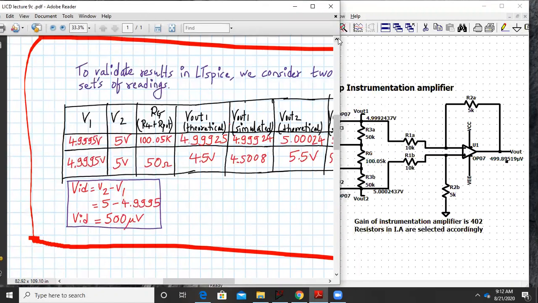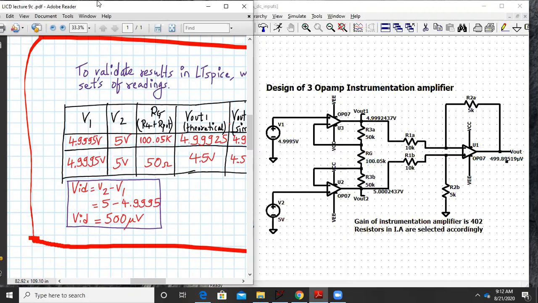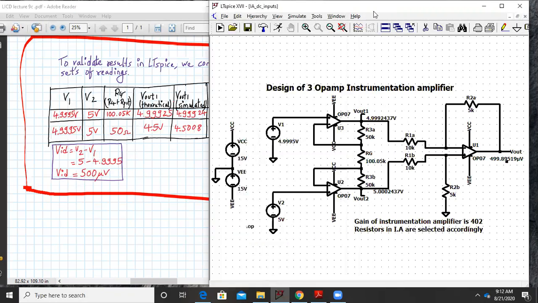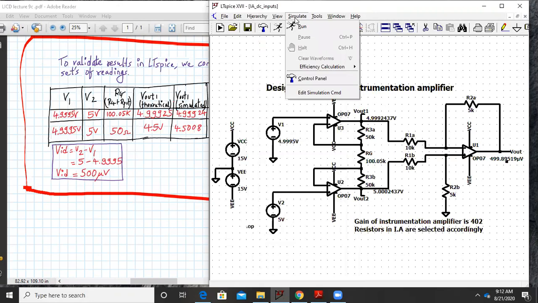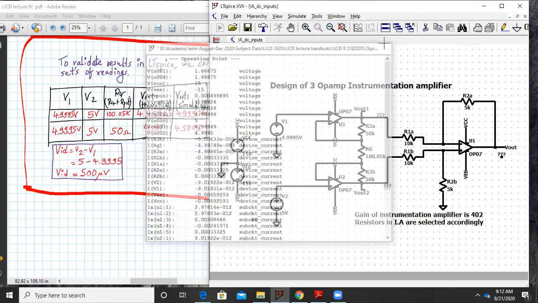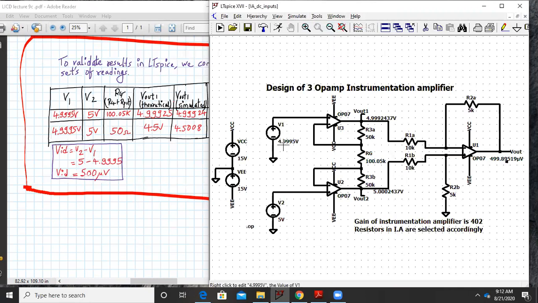Okay, so right now my condition is as follows. My V1 and V2 are set as 4.9995 and 5 volts respectively. These are the values given over here. So that is what we have given over here. And we have to determine V out. So let me simulate this. Okay. So with V1 as 4.9995 and V2 as 5 volts, we are getting V out 1 as